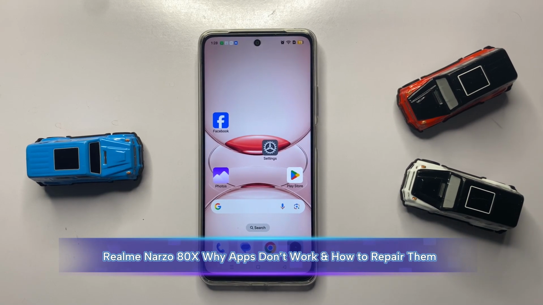Hello guys, get ready because in this video I'm going to show you how to fix apps not working in